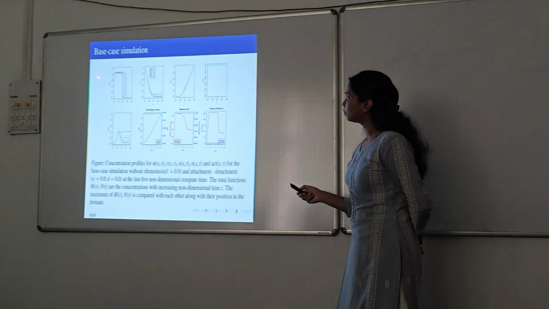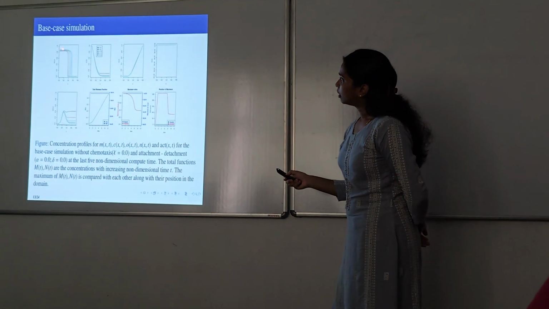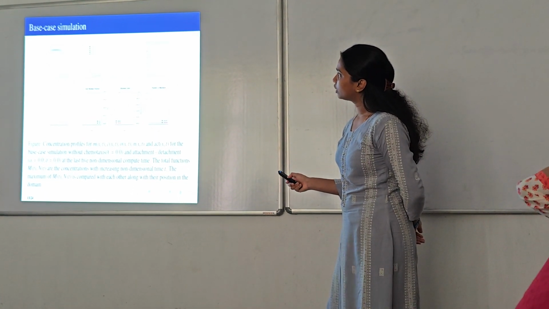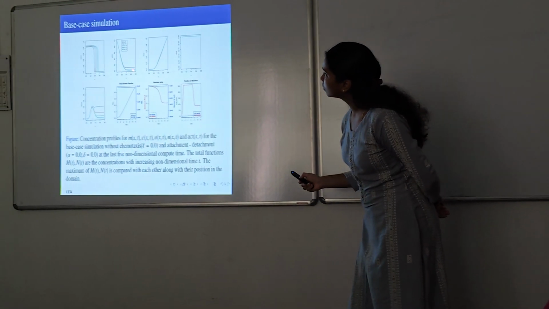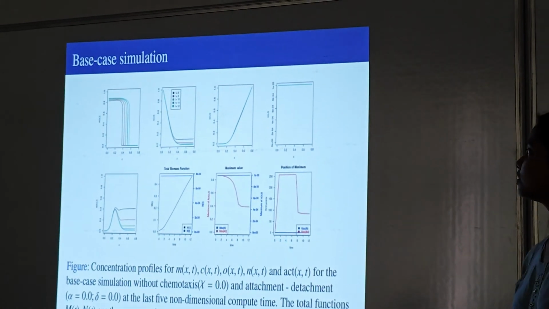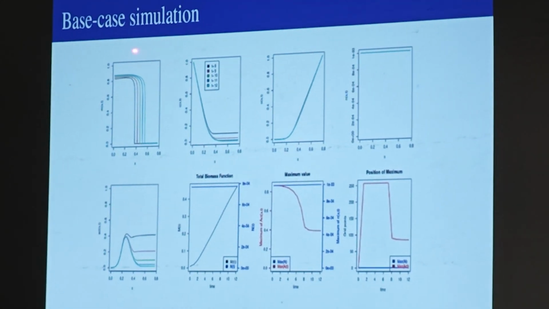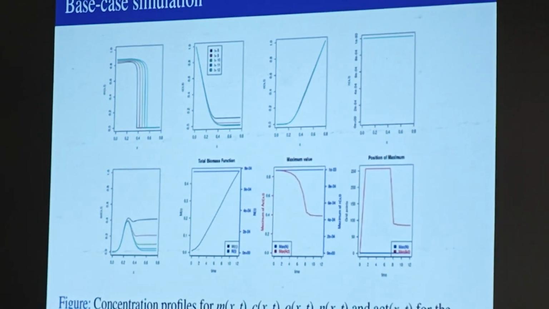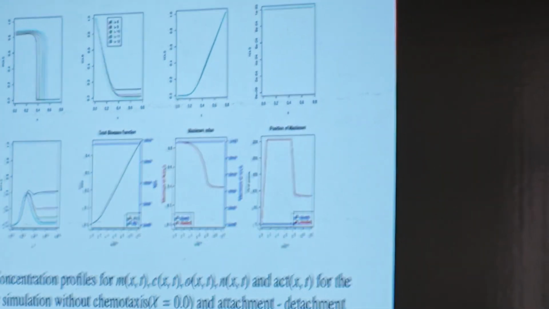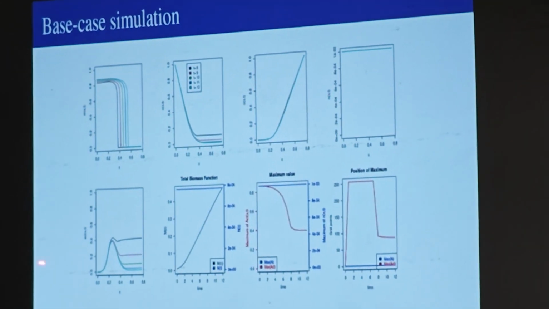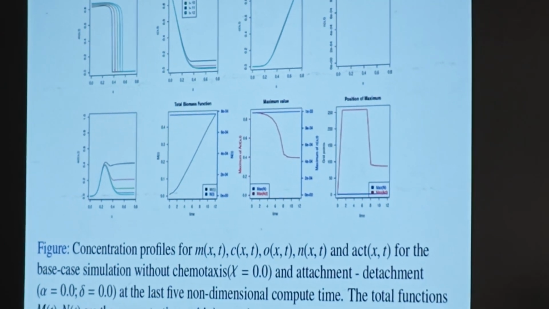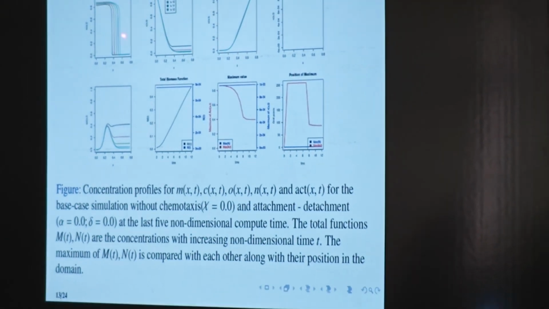So we see that as time progresses, the biofilm increases until a certain length, and this is in my non-dimensionalized time. I think you can barely see it because I have used very low resolution. Sorry about that. The carbon is diffusing from the left side, as I have said, and the oxygen is diffusing from the right side, and it is creating a counter-diffusion system that gives us this active region, or growth rate, somewhere in the middle. And because of this, the biofilm grows.